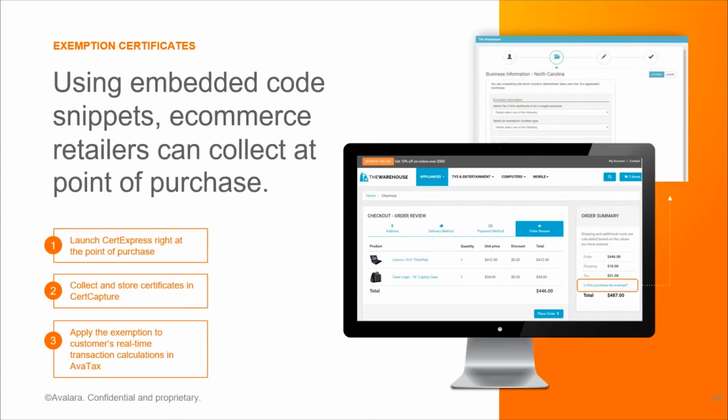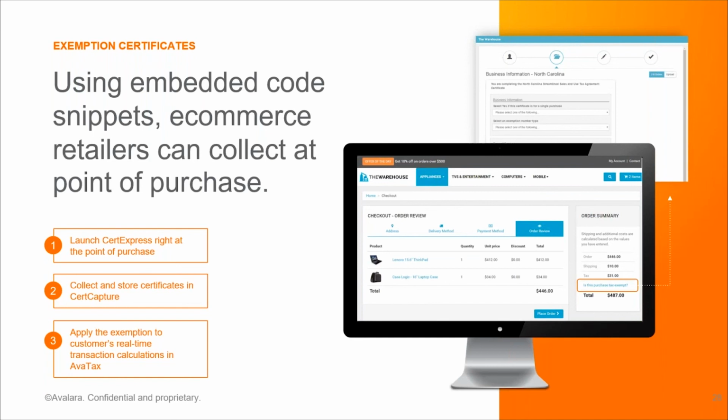To collect exemption certificates, you can embed the code right into the shopping cart. So I talked about that quite a bit. When your customer comes to that shopping cart, they can just click on this "is this purchase tax exempt" link, and it will allow them to launch Cert Express right at that point of purchase, and they can collect and store the certificates in Cert Capture.